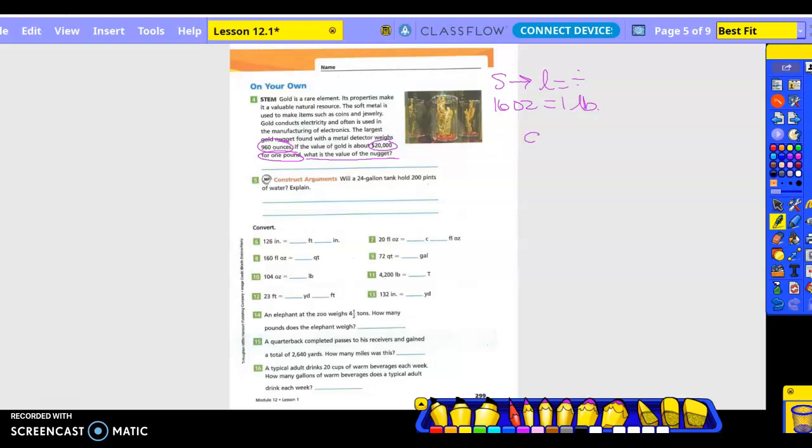So you're going to take 960 divided by what? 16, right? How many times is 16 going into 96? 6. Let's try it. 6 times 6 is 36. So put the 6, mentally carry the 3. 6 times 1 is 6 plus 3 is 9. And then we have nothing left over. Bring down the 0. How many times is 16 going into 0? 0. So we would get what? 16 pounds,